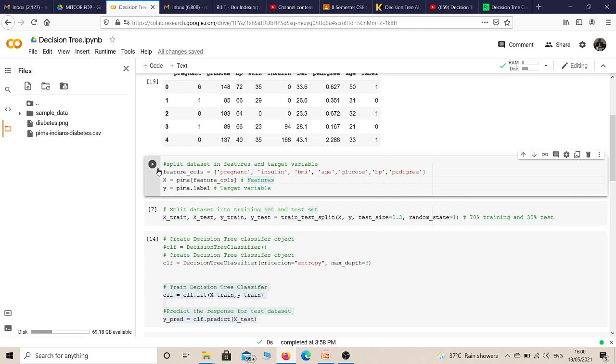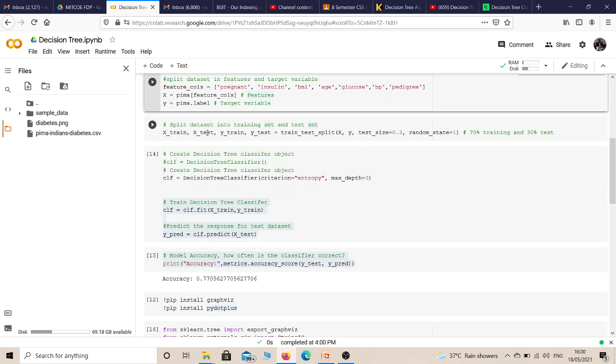Now the next thing is, yes, I will just run this. After that, I need to split my dataset, because a total of 739 rows are there, which I need to split into train and test. For that purpose, I am going to use the train test split function, which is available in the scikit-learn library. So here I am getting xtrain, xtest, ytrain, ytest. This is for the x value and y value. The x value is independent, whereas the y value is dependent. Similarly for the training set and the test set.